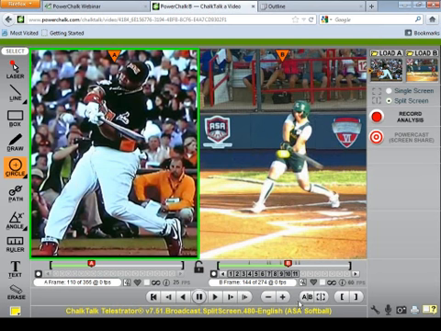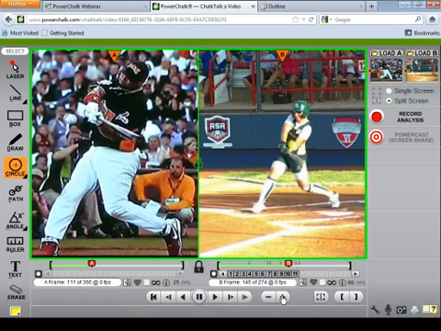You know, his hands are in a great position to hit. It's a little bit tighter and inside the ball compared to the Australian hitter that you see. It looks like she's going to pull it and come just a hair around it. Whenever they talk about hitting around the ball, you're literally doing just that. You're hitting the outer half of the ball versus trying to hit the inside half of the ball.